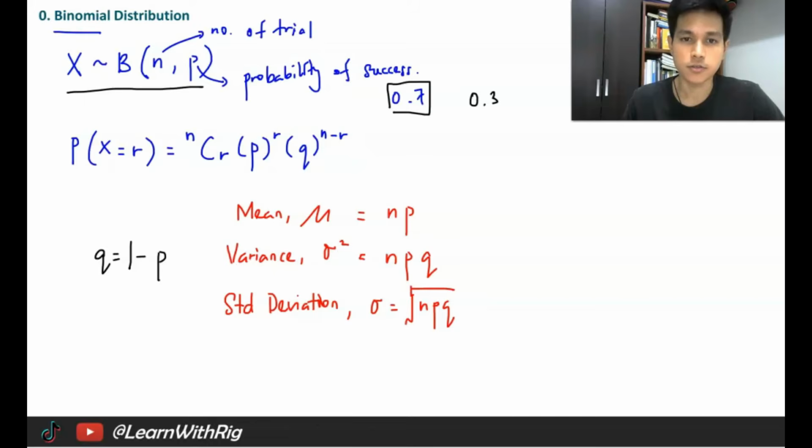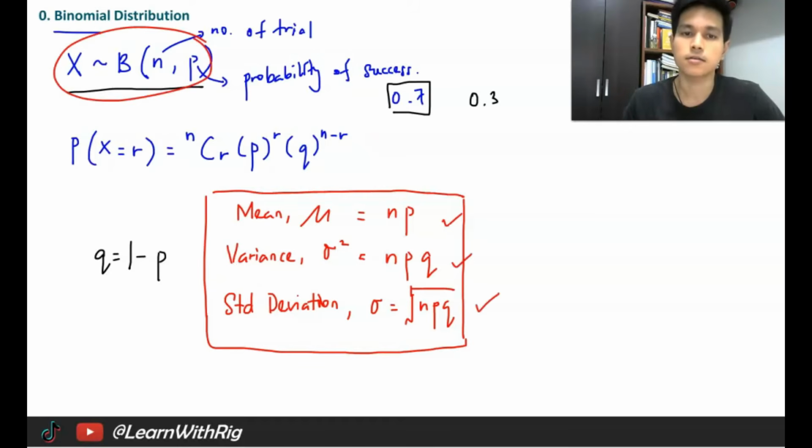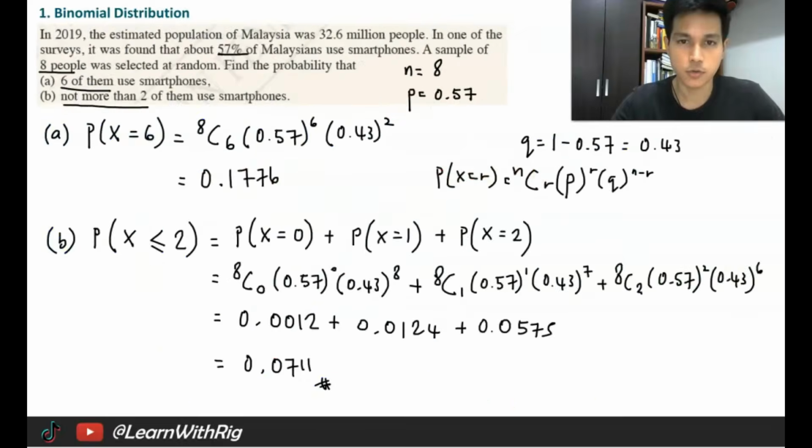Okay, so these are the three formulas that you have to know on top of the binomial formula. Okay, so by using the expression itself, you can find all these three things. Okay, the mean, variance, and also the standard deviation. So coming back to that question just now,